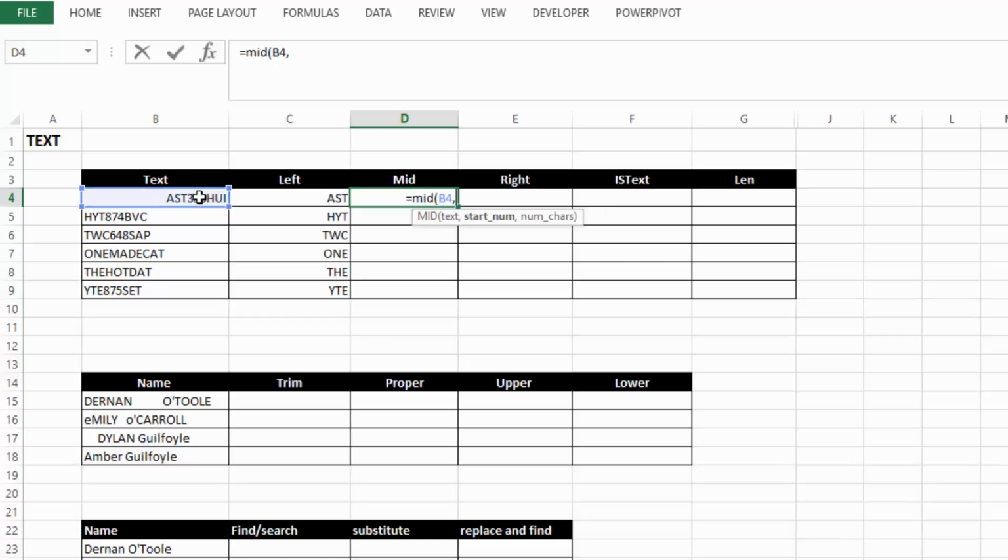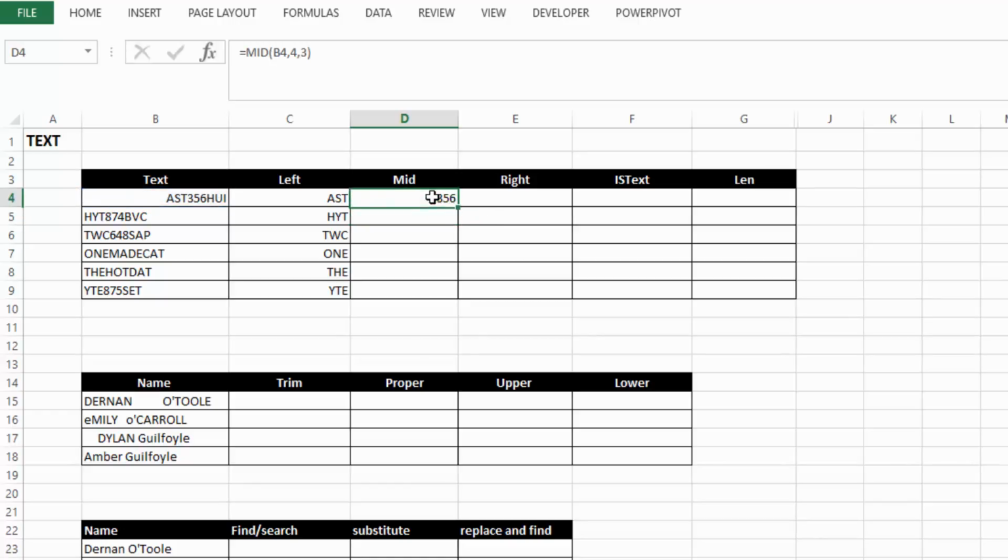Our start number, well, let's extract the 3 digits in the middle of each one. So it starts at character number 4. You see AST is 3 and character 4 is number 3. How many characters do you then want to pull out? Well, we have 3 digits, so we want to pull out 3 characters, and we can close our bracket and